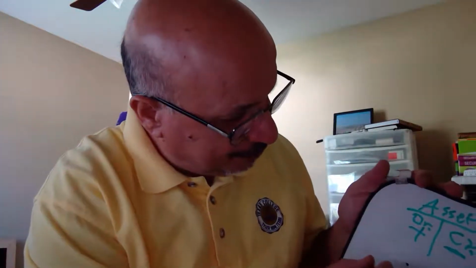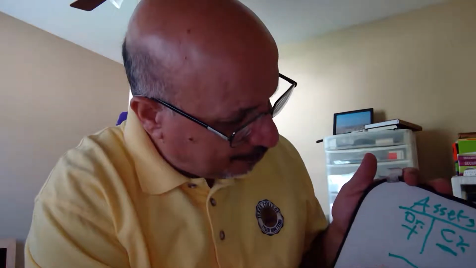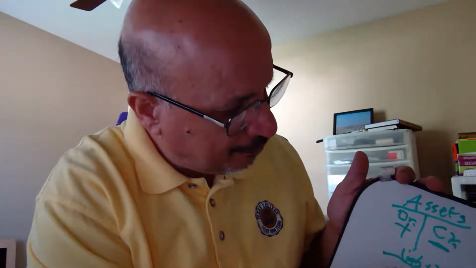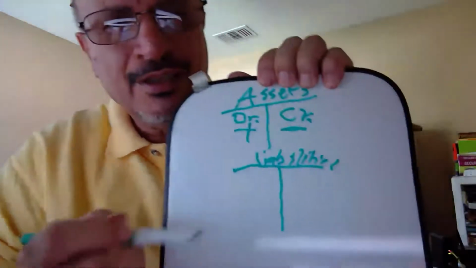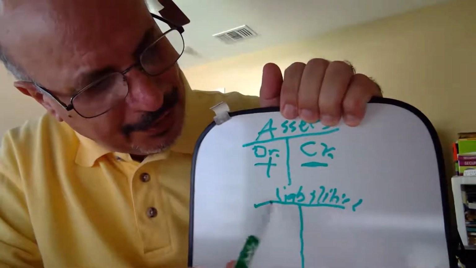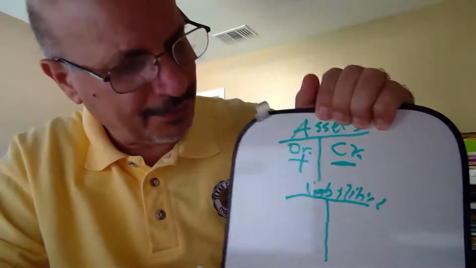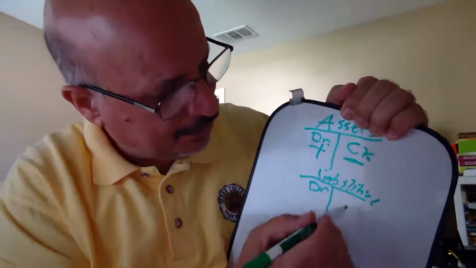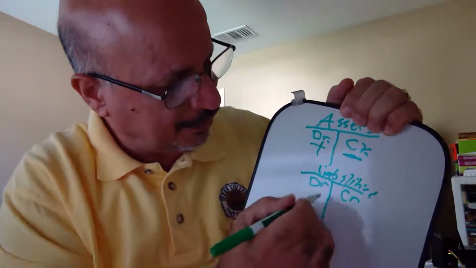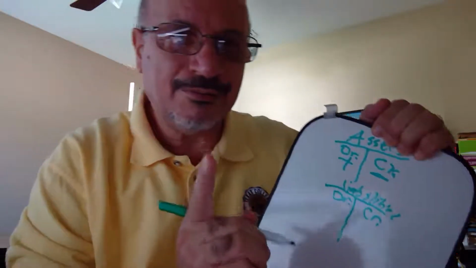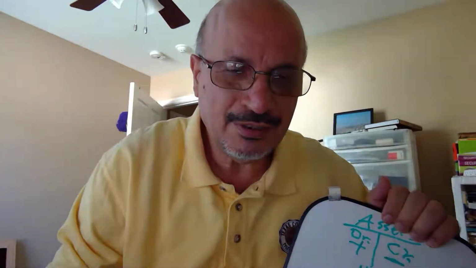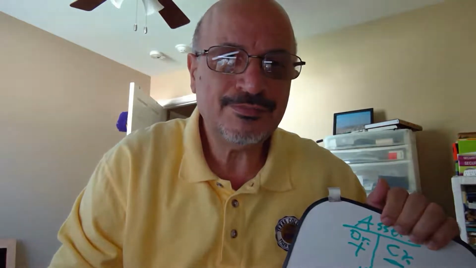Liabilities. Let me write down one for liabilities. Can you read it? Liabilities. Of course, the left side is debit. This is a T account. The right side is credit. Now, give me an example of liabilities. I'll give you a second. Think about something you owe. Liabilities. Accounts payable,